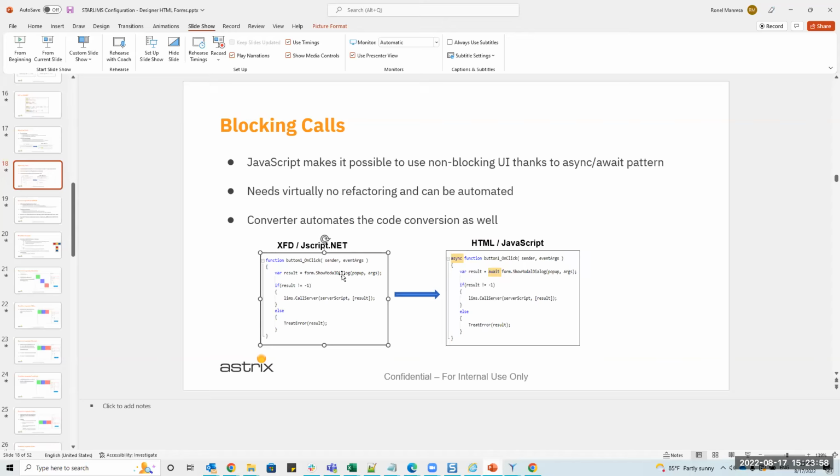You would have to wait until this returned for this next line of code to come in. So you get the return from whatever happened here and then do a call server or do an error, whatever. When you convert this, since JavaScript allows for non-blocking UI, in order for it to work like this, you have to put an await with an async. Okay, and the converter did that automatically. So the way this is read is exactly the same thing, but it needs these keywords. Okay, await in front of the show thing, and now that's forcing the system to wait here until this closes,